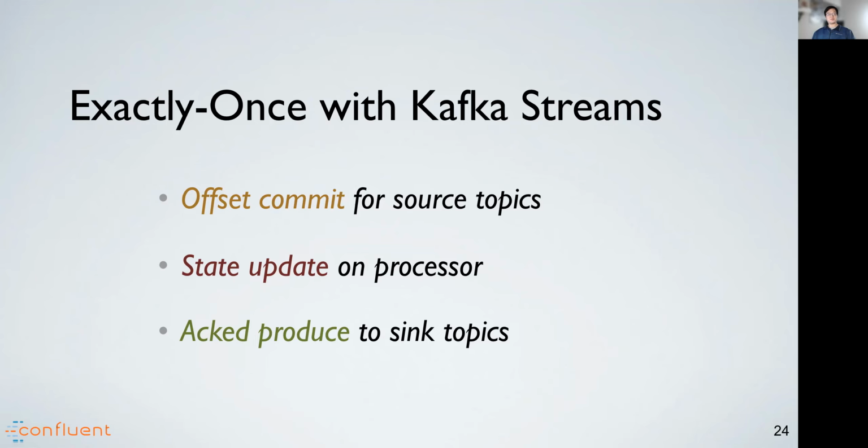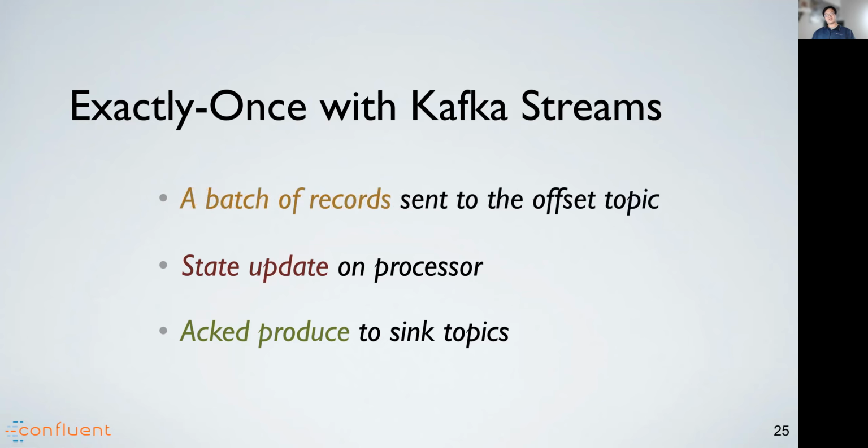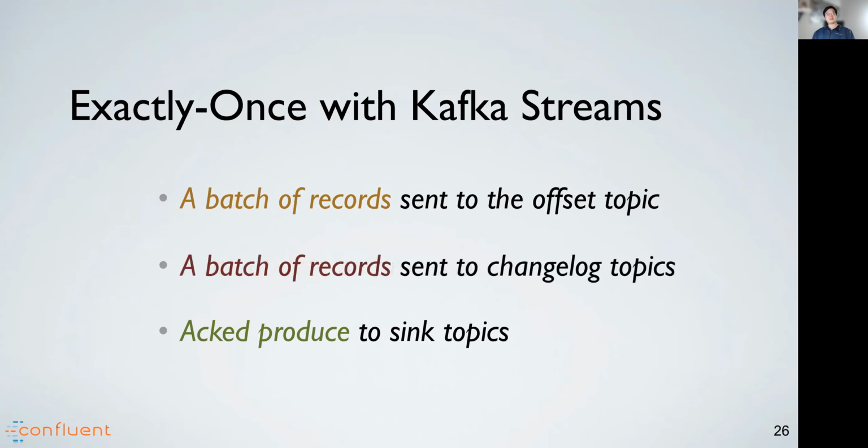And with Kafka Streams, those operations can be mapped to the following. First, committing on the input streams is implemented as appending records to Kafka's internal offset topic, representing the position of consumers from which they can resume fetching and processing. Second, the state updates are always paired with record appends to their corresponding changelogs as a source of truth. And finally, emitting outputs is just appending records to the downstream output Kafka topics naturally.